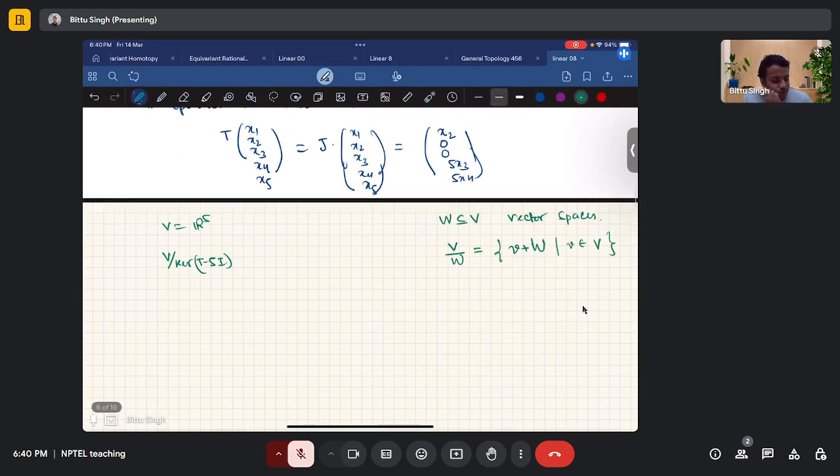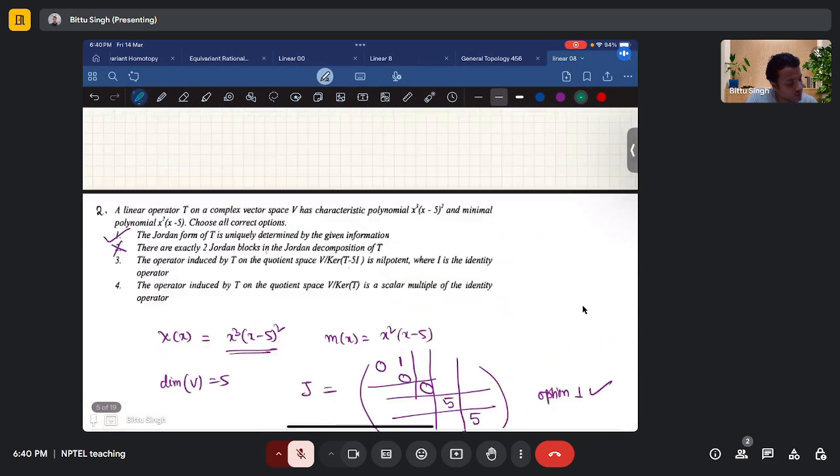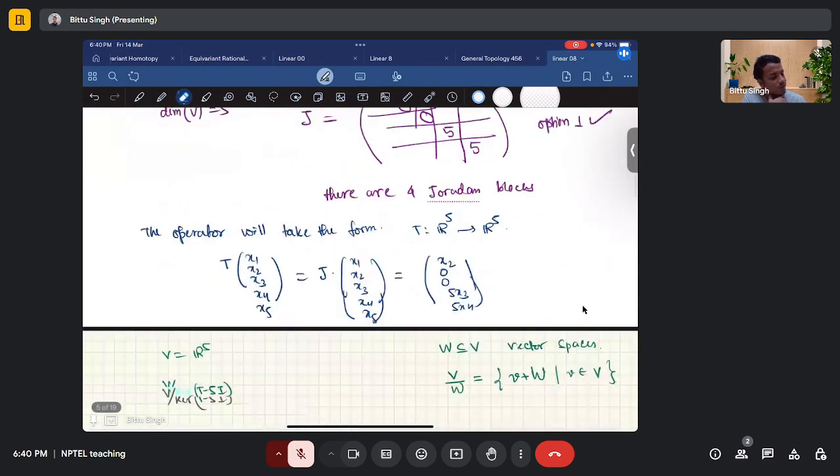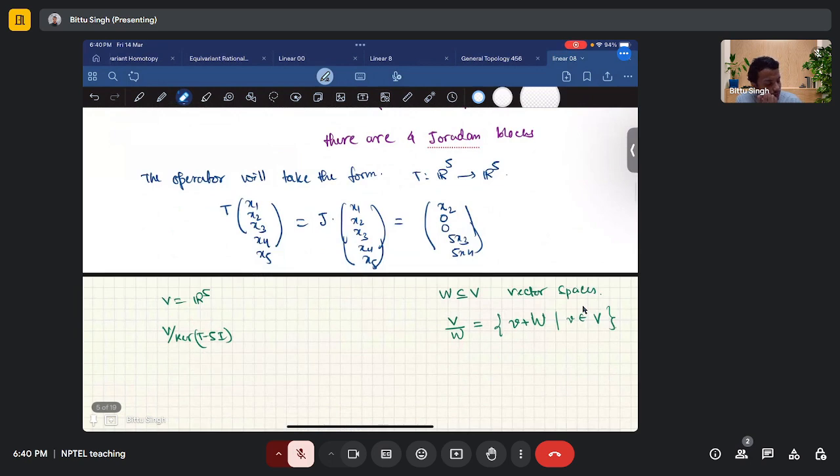Now we need to see what is V mod kernel T minus 5I, and the form of the operator T on this quotient space. So first, let us see what is kernel T minus 5I. From here it is actually clear. It is clear that kernel of T minus 5I,